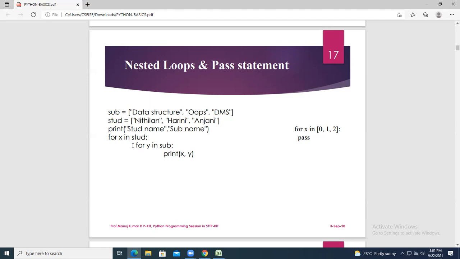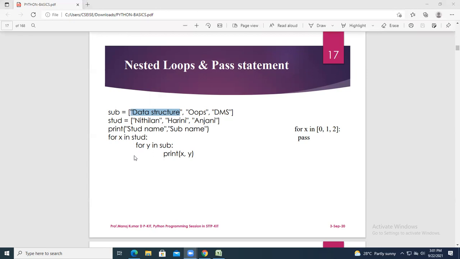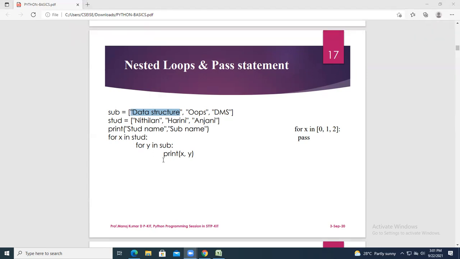For X, what is the first X you have? This is the value. For Y in sub, what is the first Y you have? Print X comma Y. So what can be the output? Only one output, or more? No, sir. Next, Harini comma OOPS, Anjani comma DMS.